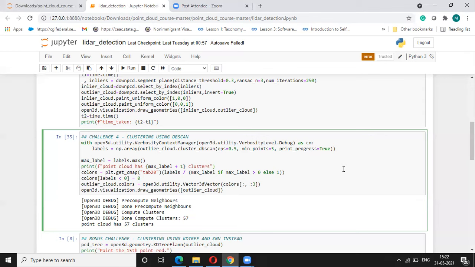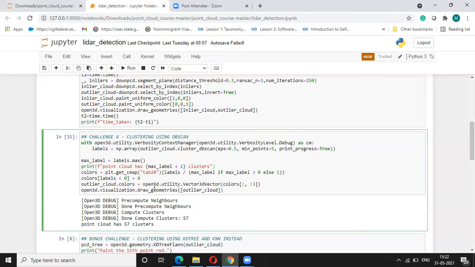Open3D utility works with a verbosity context manager. We are implementing this cluster DBSCAN method on our outlier cloud data, and we are getting all those clusters. We are storing them inside the labels variable, and we are getting how many max labels there are.